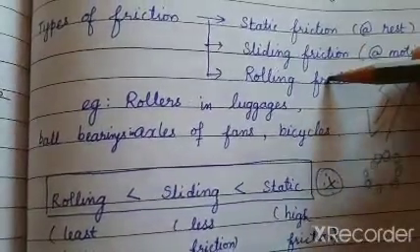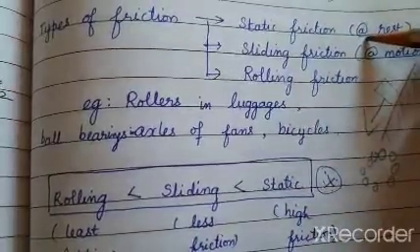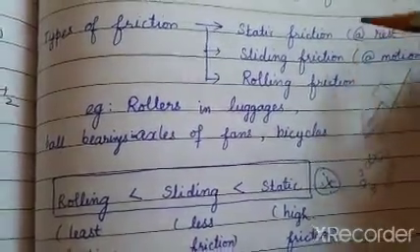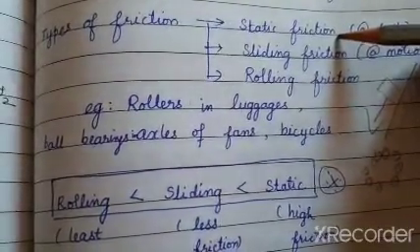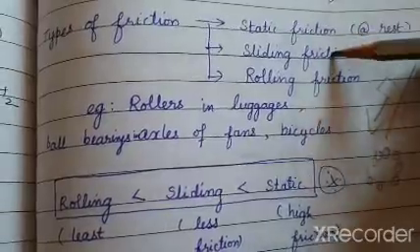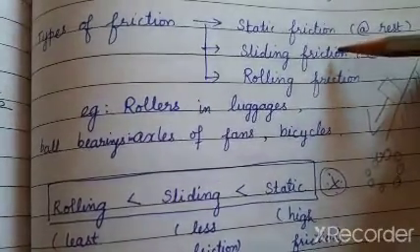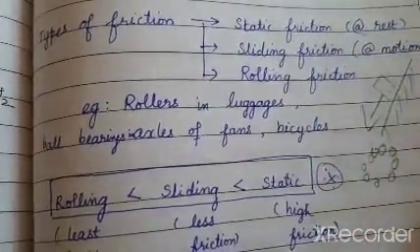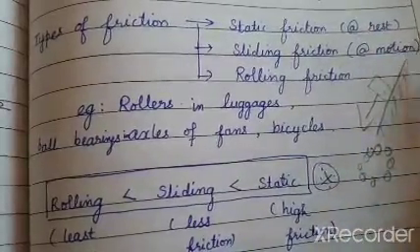Each one was an alternative to the other, right? Static friction means the objects which are all placed at rest require a lot of work to change their state from rest to motion. Compared to the static friction, sliding friction was a bit relieved because it is easy to move an object which is already moving. So that is why I have written it as at motion.